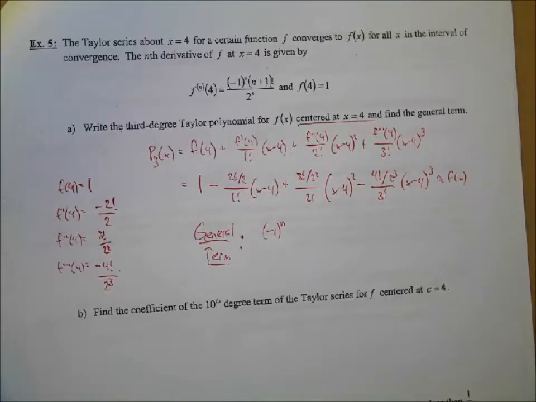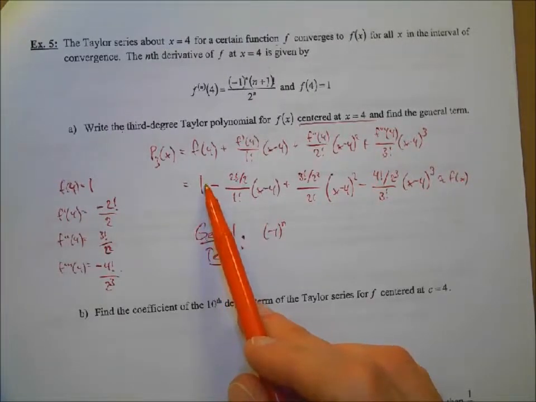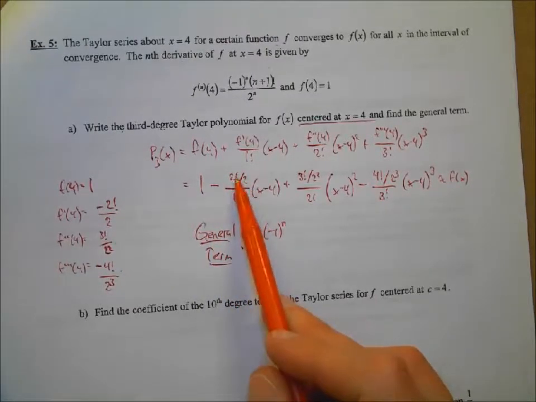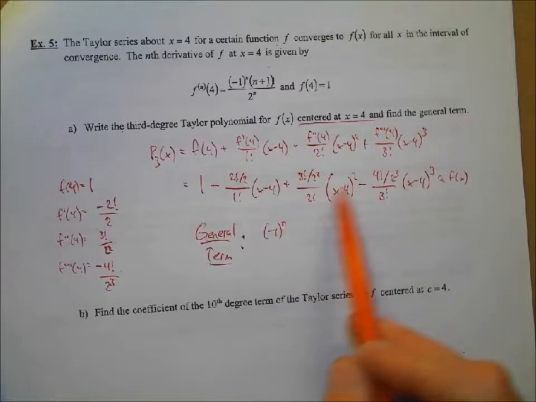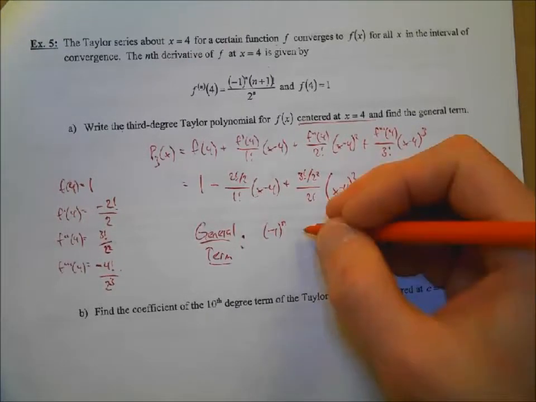And then, let's see here. We go to 2 factorial at n equals 1, then 3 factorial at n equals 2, and then 4 factorial at n equals 3, so it's going to be n plus 1